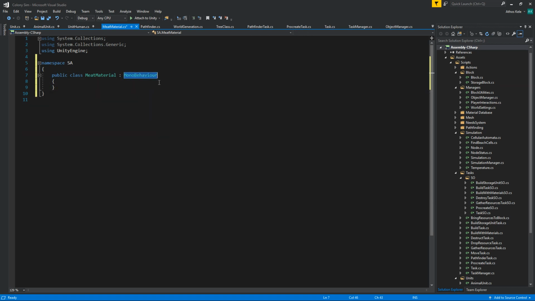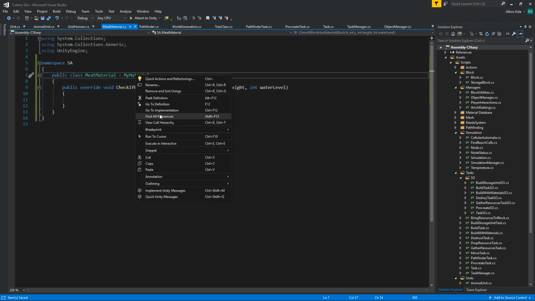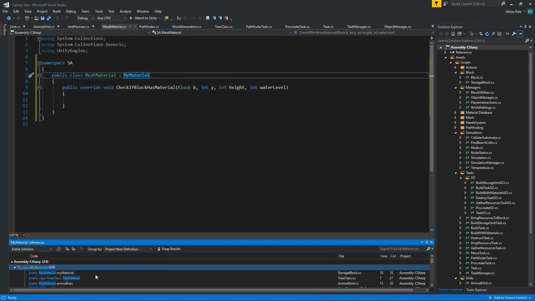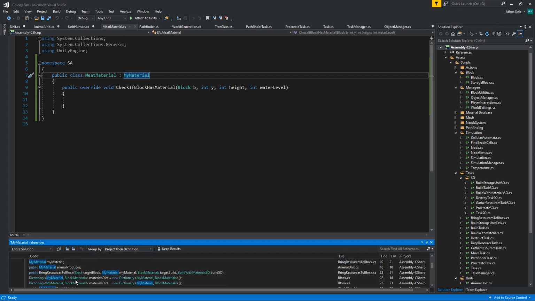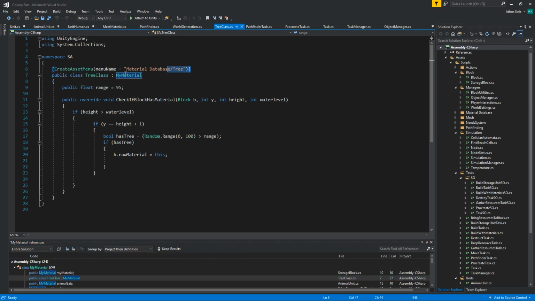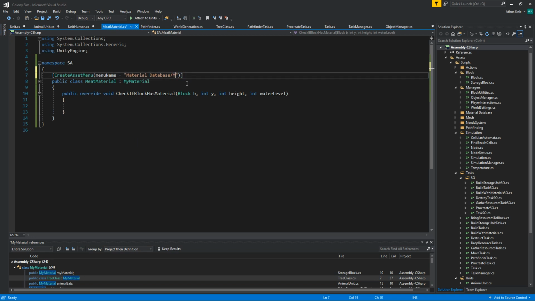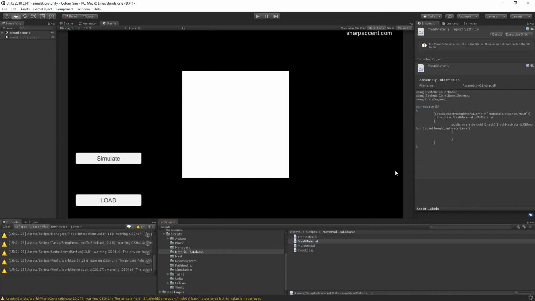And this one now is going to be the my material. We have to implement the abstract class, and we don't really need anything in here since it's not necessarily a material that we're going to be using. We're going to be just spawning onto a block. What I want, however, is, let's say I want to take this meat. Okay, so save that, minimize that,